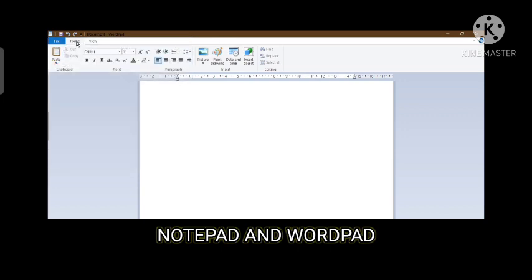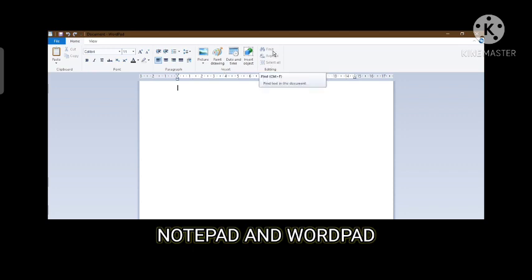There is a home tab also. From this home tab you will get various options like cut, copy and paste in this clipboard group. Now there is one more, the font group. In this group you can change the font size, font color, then font style also, bold, italic, underline, that we have seen in Notepad also. Then there is the paragraph and insert group. From the insert group you can insert a picture, you can insert the date and time, or you can insert any drawing that is already there.